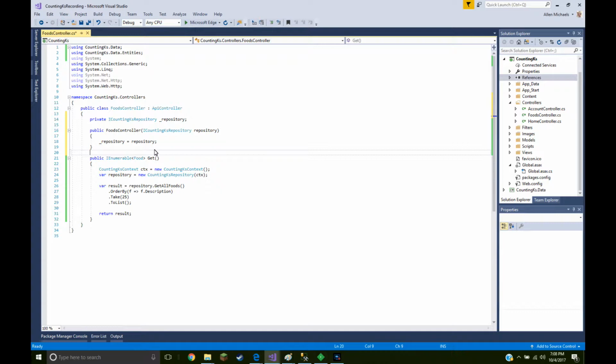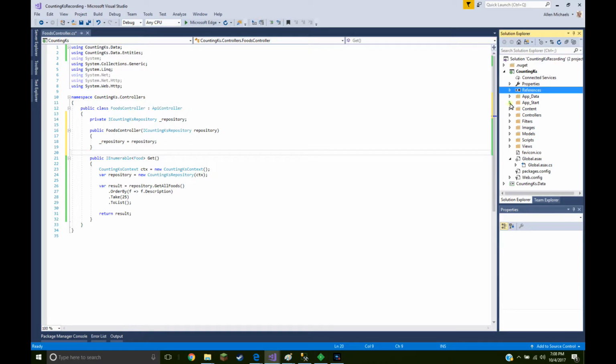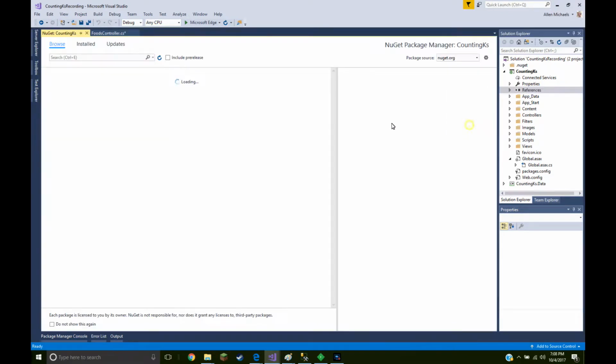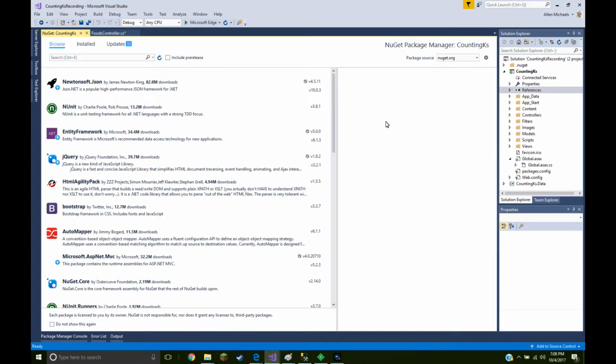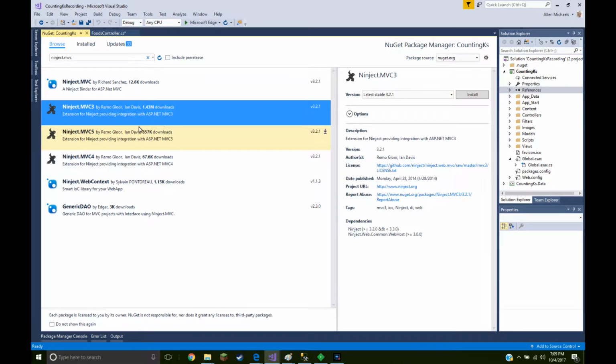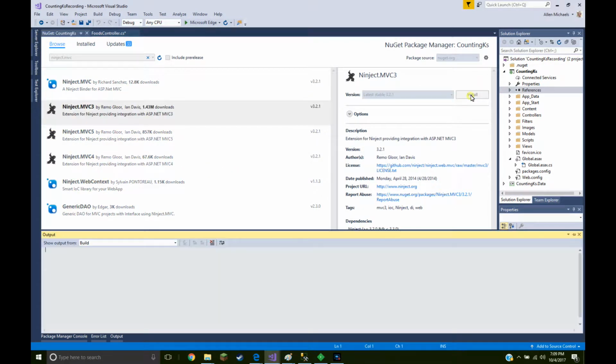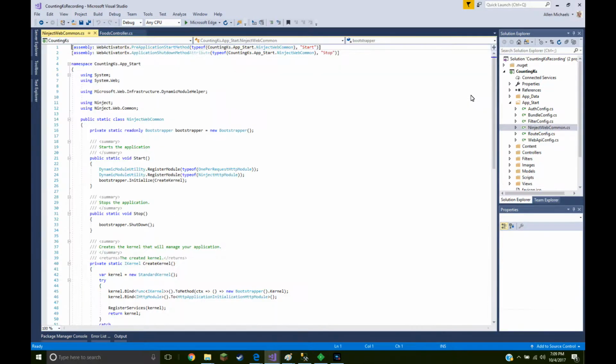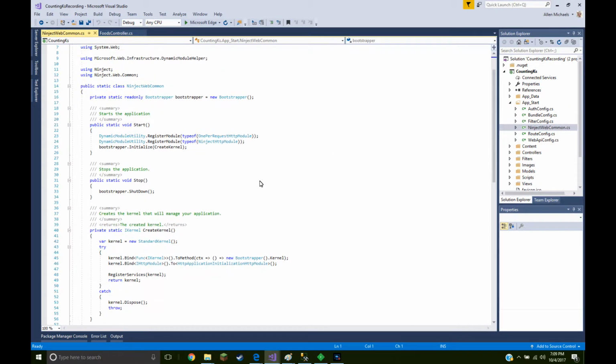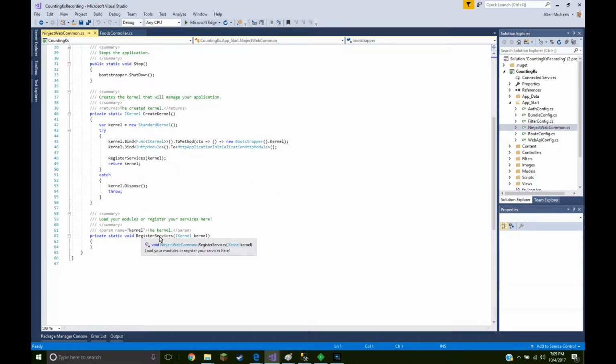So in order for us to be able to instantiate this somewhere, we use a container called Ninject. The first thing that we need to do is use the NuGet package to add it. It's Ninject MVC3, and I just click install. So now that it's installed, in our App_Start we have the NinjectWebCommon.cs class, and in here in RegisterServices